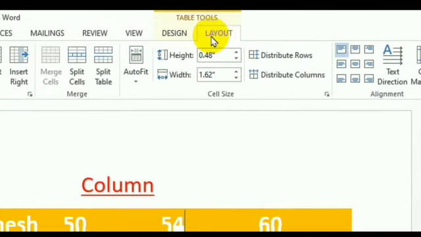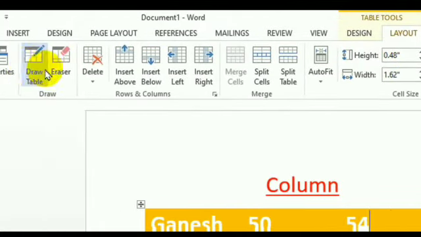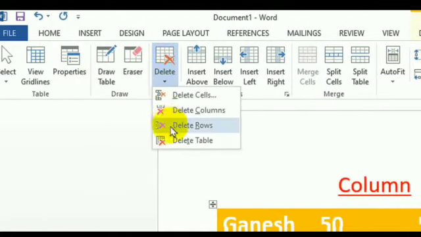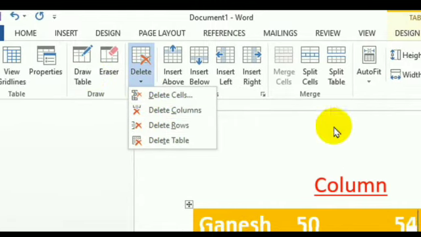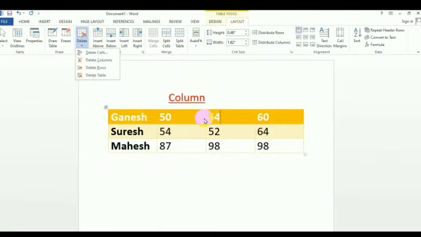Now the second one is Layout. That means we can set the layout, so we can insert. See the options: draw table, eraser, delete, insert above, insert left, insert right, split. All these functions, all these tools are available when you take any table from the Insert option. So see, these are the values, and now we will do some extra things on this table.